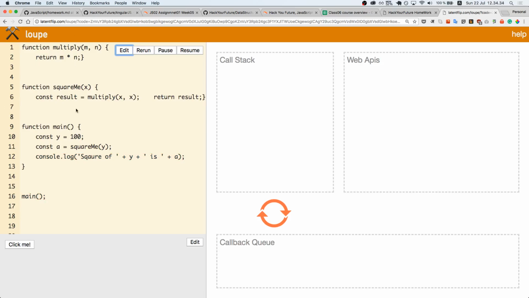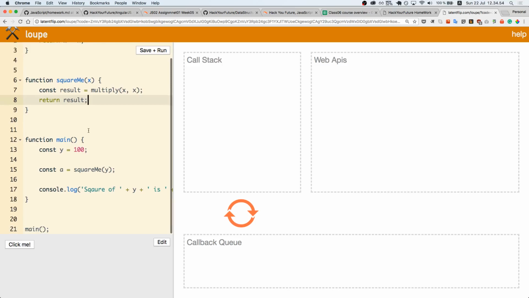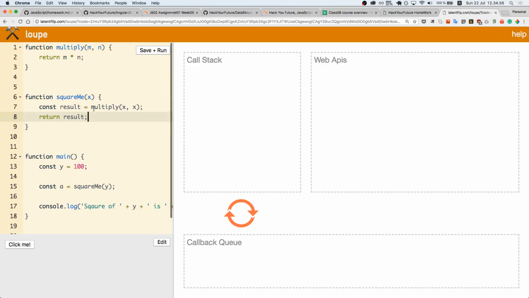So this code, this whole thing is synchronous. It means that unless this function call is done, you can't go to this line. And unless this is done, you can't go to this line. And this is how it works in most programming languages. If you call a function and it calls another function and it calls another function, then it will be